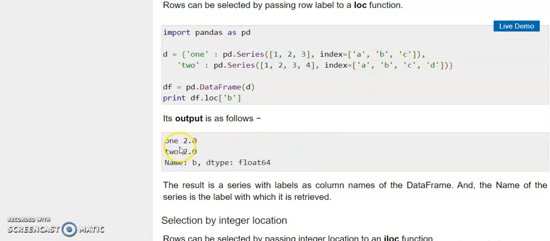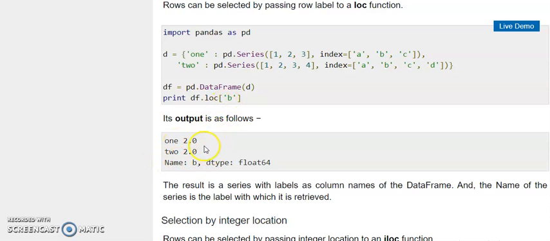So 1, 2. Now after that pd.Series, and the b position contains 2 in column 1, and the b position in column 2 contains 2 also. So here 1 2.0 and 2 2.0.